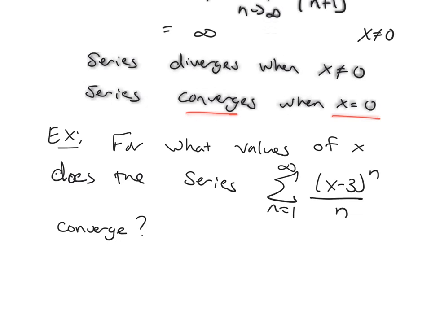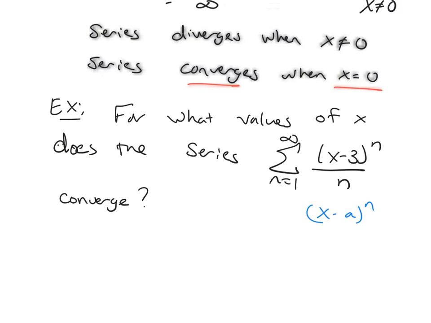This one looks a little bit different than the last one because of the x minus 3. I have a power series centered at what value? 3, because that's this number, x minus 3. Remember, our general form for this is x minus a to the n. So I can now say that this is a power series